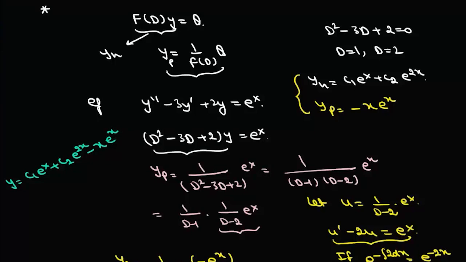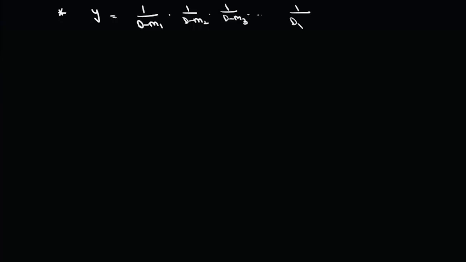Now there is actually a shortcut for this. If you can remember the formula, we can use the shortcut directly. So if we have this y as 1 upon D minus m1 into 1 upon D minus m2, 1 upon D minus m3, up to 1 upon D minus mn, and then this function Q,